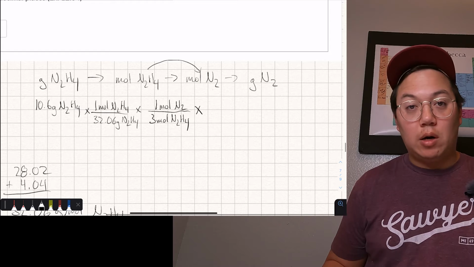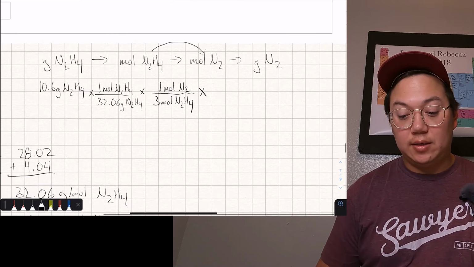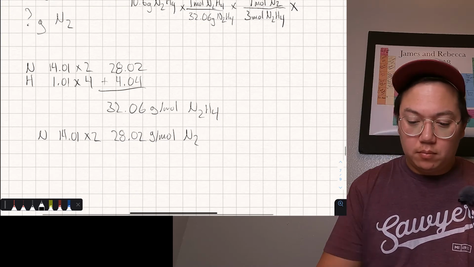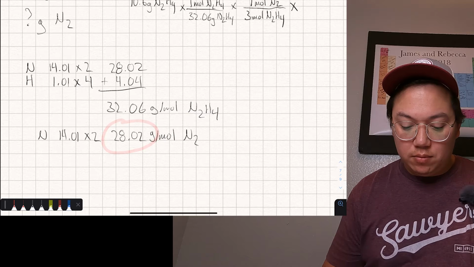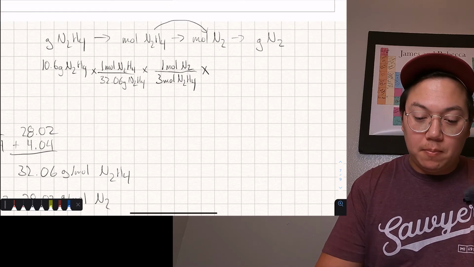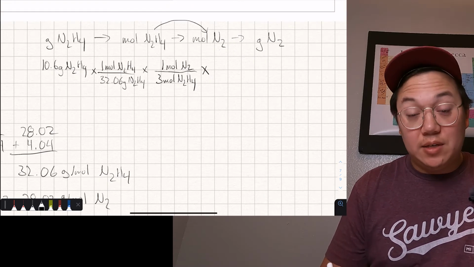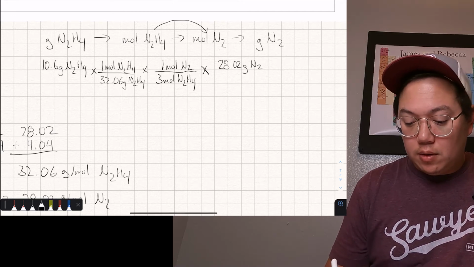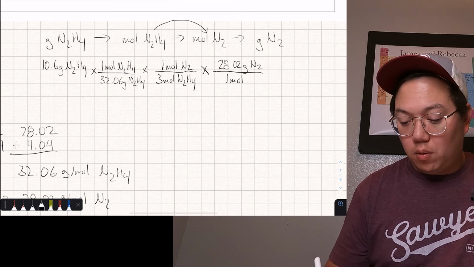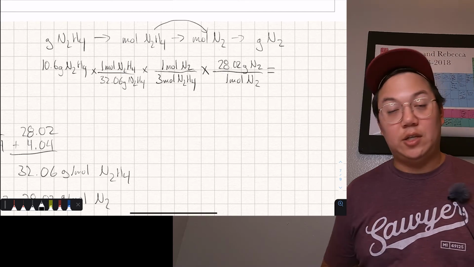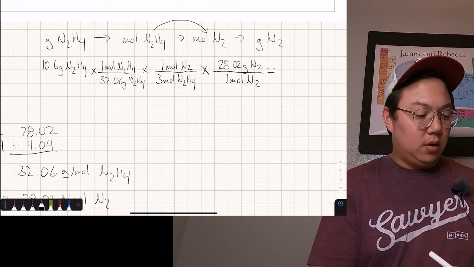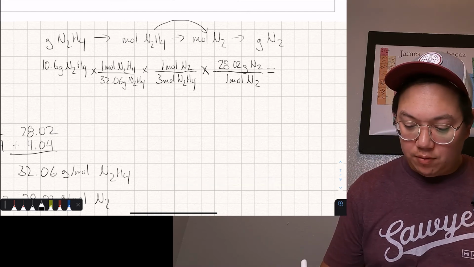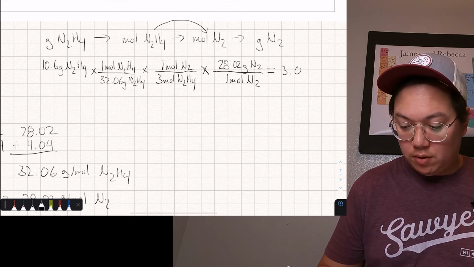And then now we're going to use our molecular mass for this diatomic nitrogen to convert from moles of nitrogen to grams of nitrogen. So again, that's 28.02 grams per mole. So we want grams now on top, so we're going to do 28.02 grams divided by 1 mole N2. And that should give us our final answer. So let's type these into the calculator real quick. And we're going to get 3.09,